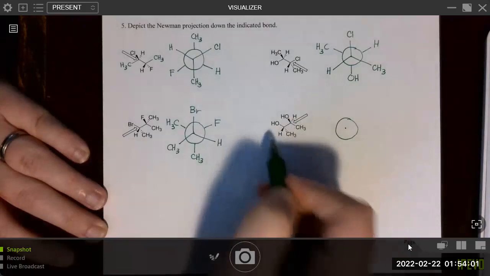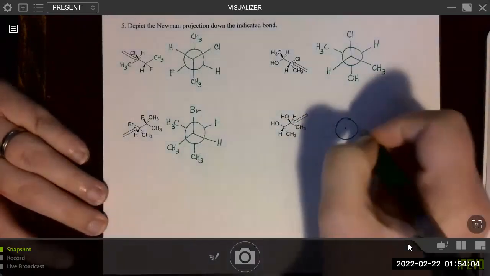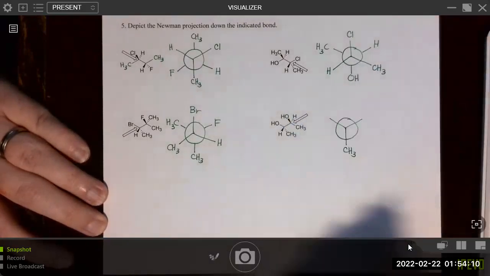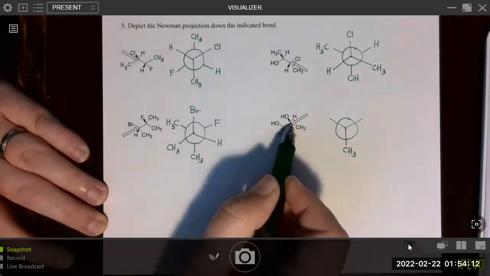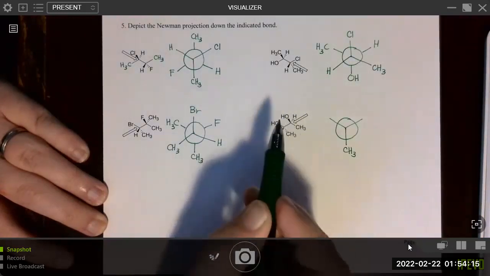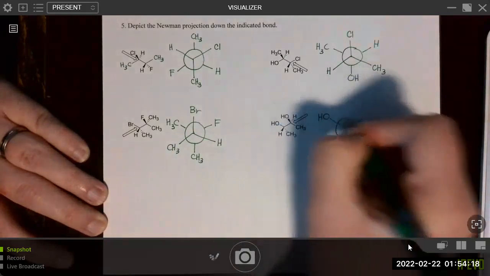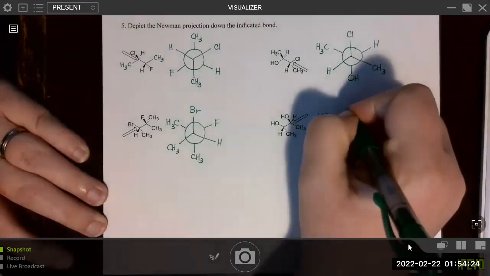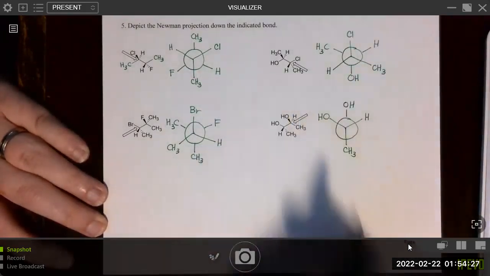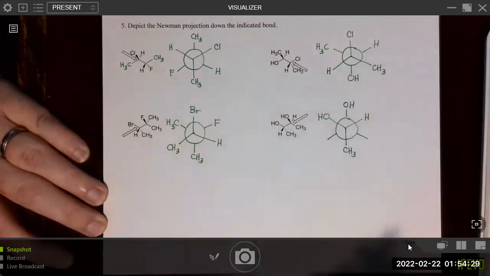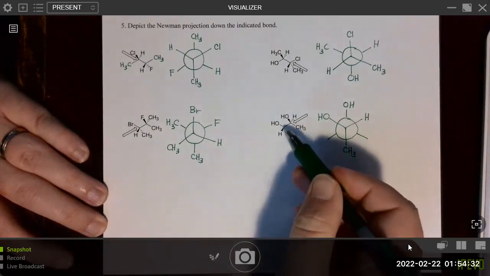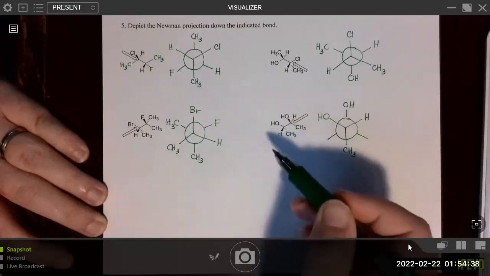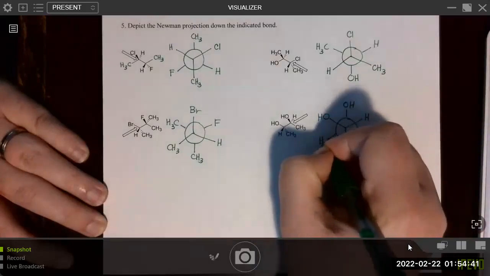Last one, now we're looking down this carbon-carbon bond. And we have the methyl group pointed straight down on the front carbon, which is this one. Right? And then we have the hydroxyl group pointing out of the page to our left and the hydrogen pointing back into our right from this person's perspective, right? And then on the back carbon, we've got the OH group pointed straight up. Right? And from this person's perspective, the hydrogen group would be coming out of the page right into their left. The methyl group would be